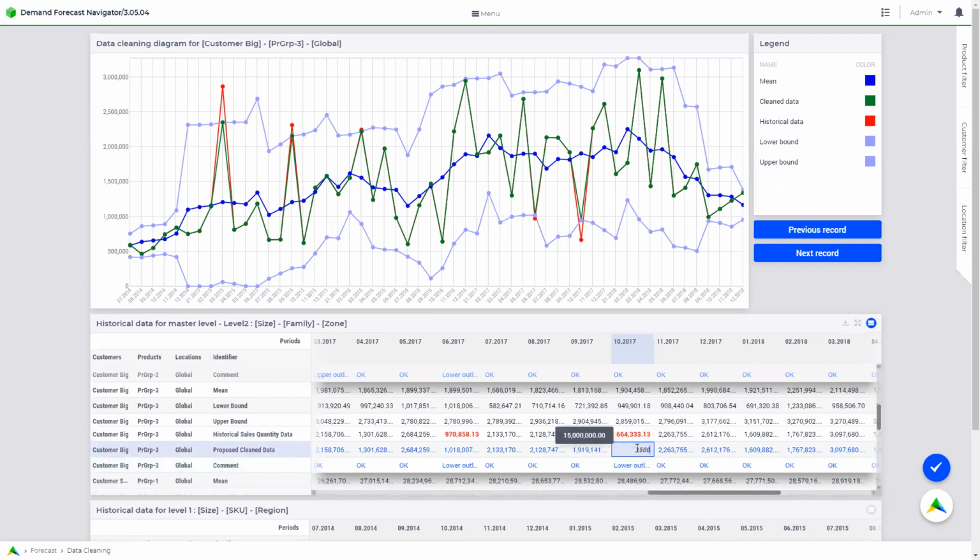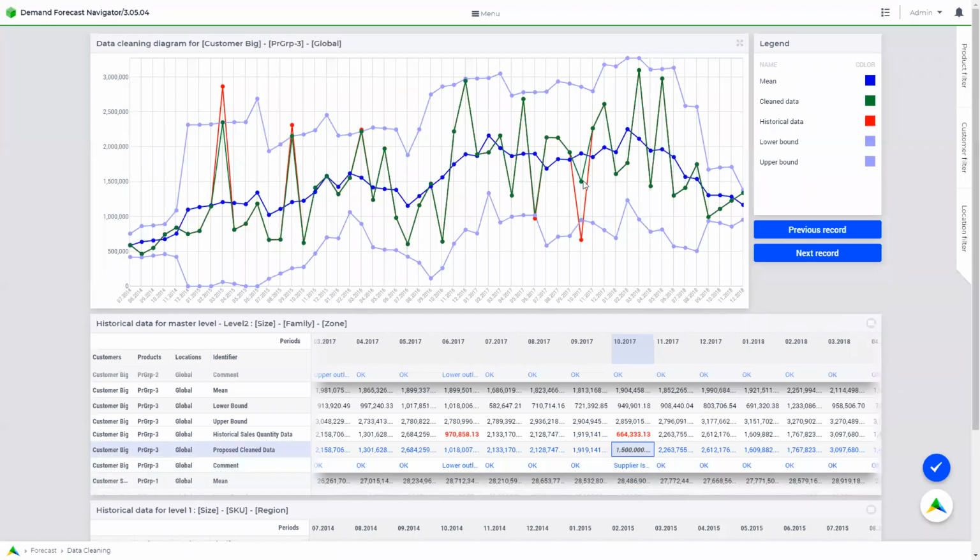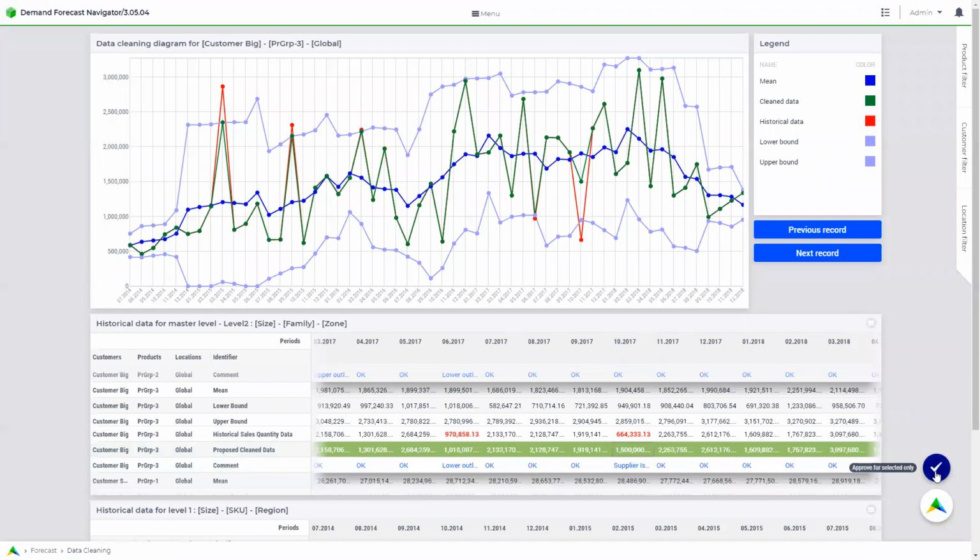Let's say 1.5 million, and then I can change the comment if I like to, and then we can see that's now changed that cleaned history to the 1.5 million. I can then click the tick mark to say, yeah, I'm happy with that. I've reviewed the history, made any changes I want to. That's now locked down, and we can go on and review the data for the rest of the records, and